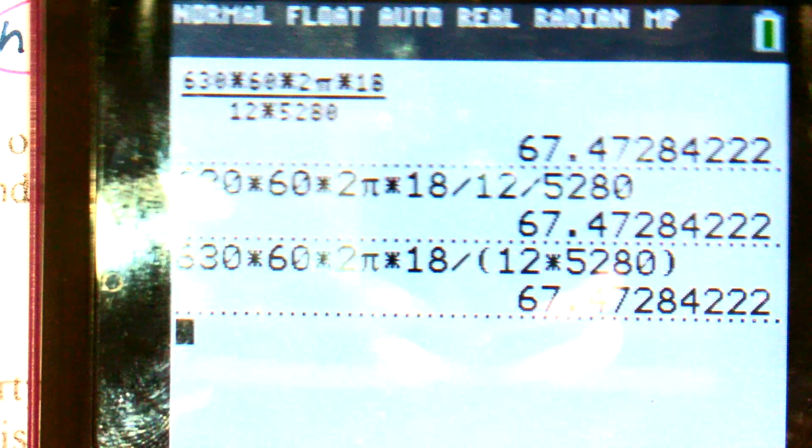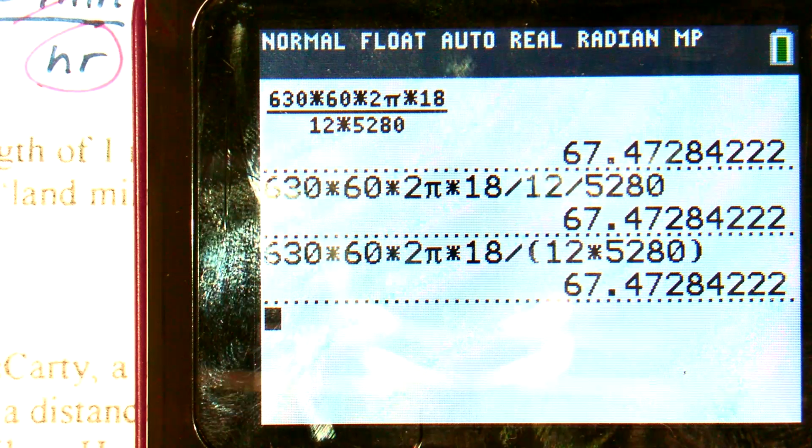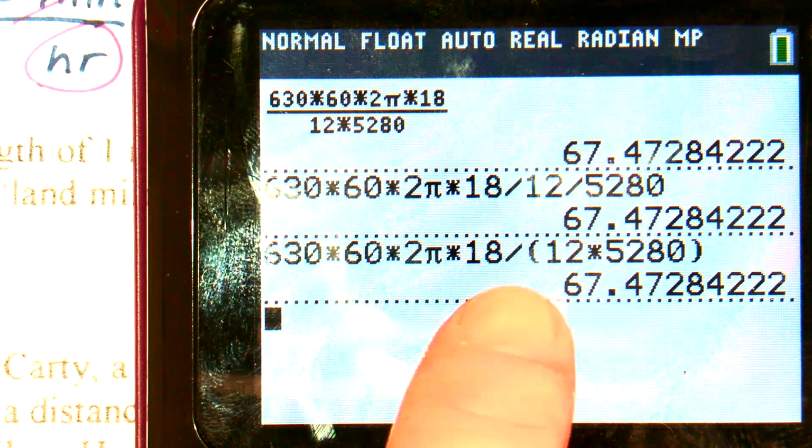In this one? Still got 67. Because I was dividing by anything in the denominator. The 12 and the 5280 were both in the denominator. So you divided it by 12 and then it divides it again. Or it's divide by, and you put parentheses and it multiplies both. Again, there's lots of different equivalences. Okay, final answer: 67.47